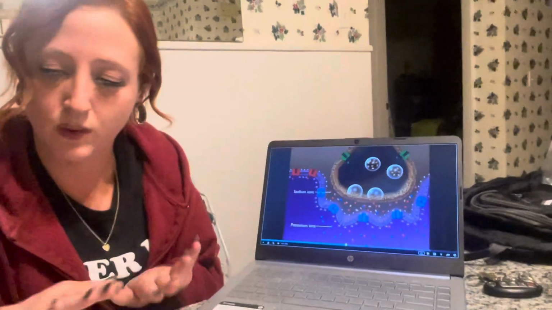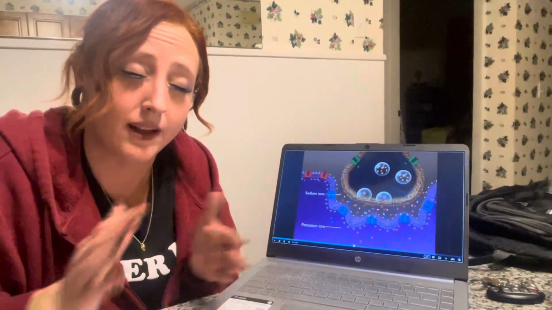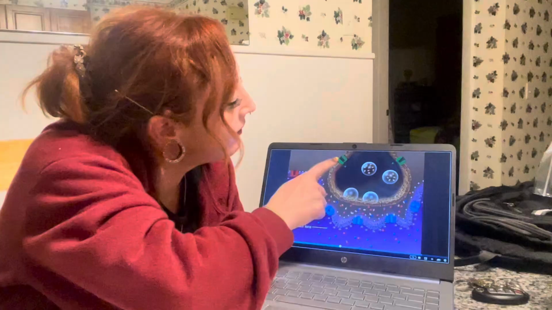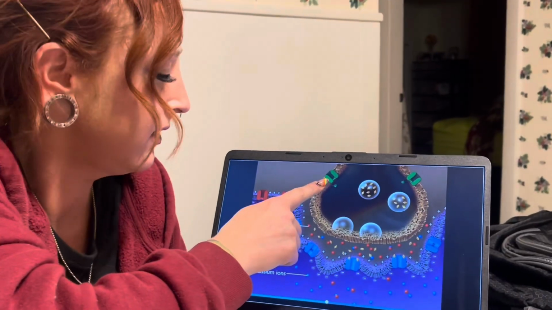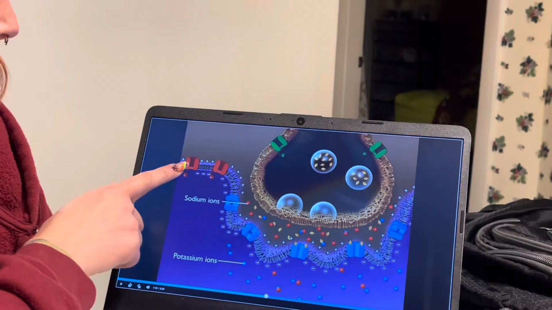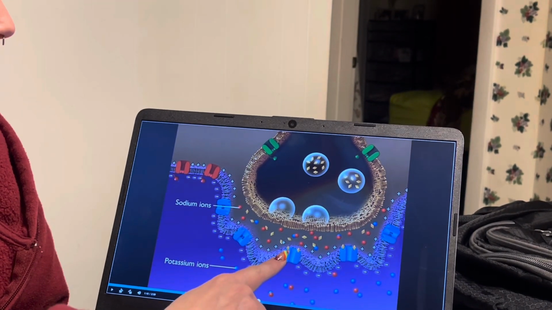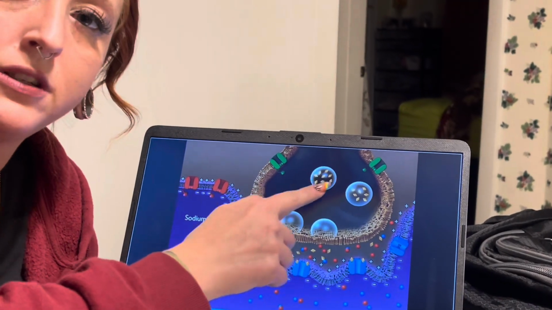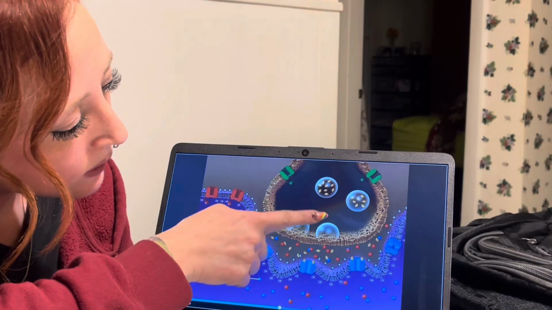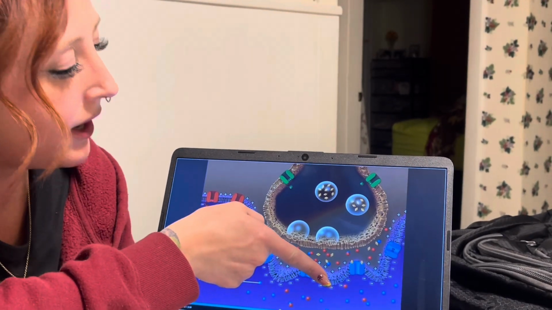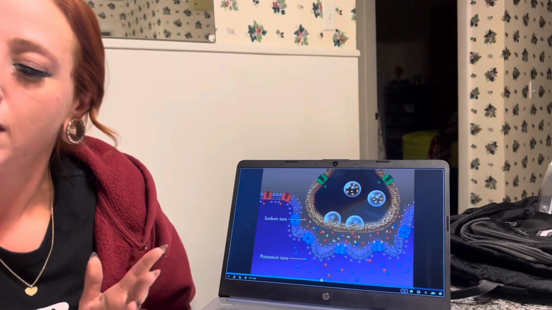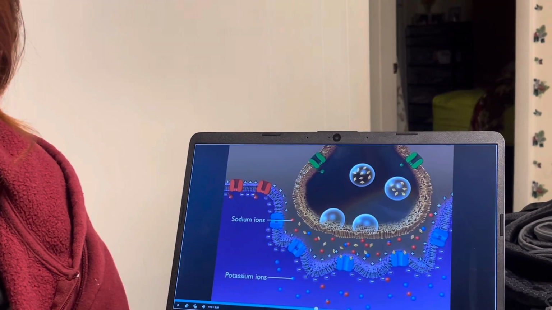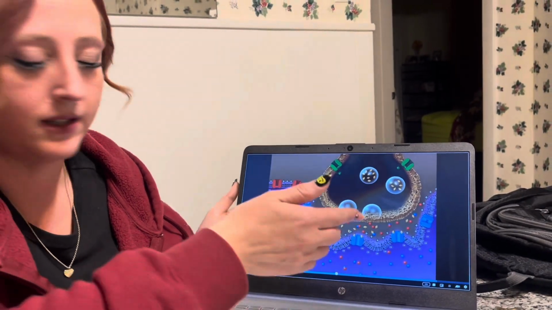This contains everything we need to create excitation and contraction, muscle contraction. We have our calcium gated channels here. We have our sodium channels here, and we have our acetylcholine receptors here. These are our vesicles, which are going to move the acetylcholine down to the sarcolemma, and where the calcium ions will be released. Once the ACh binds to the receptors of the sarcolemma, the acetylcholine opens the voltage-gated calcium channels,